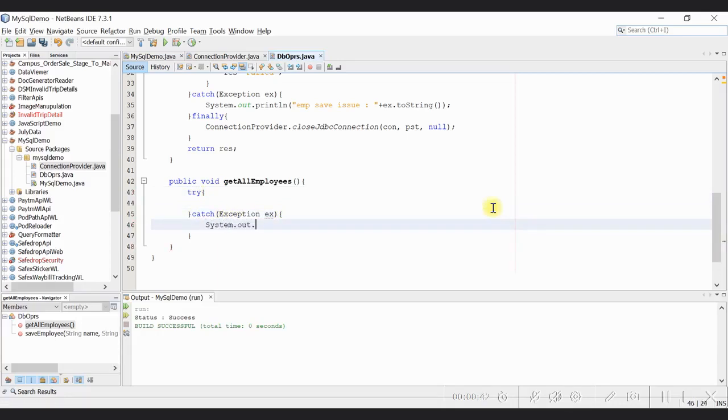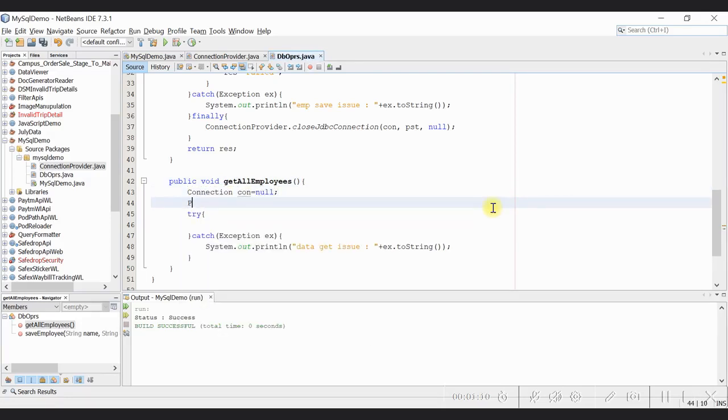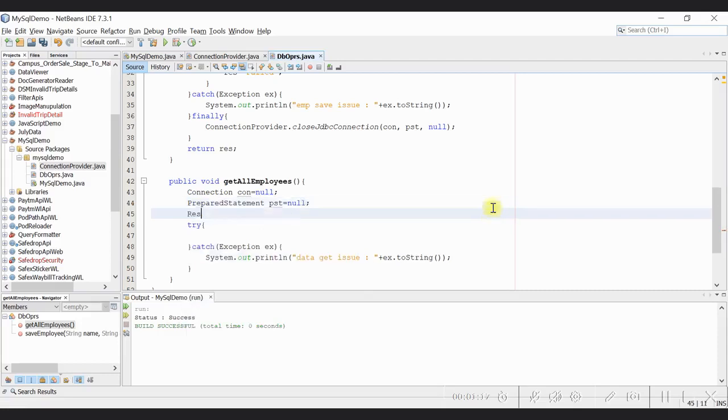Create a try catch block. I always use try catch block first before writing any code. So this is the best practice to get the exception or prevent your code from breakable condition. That's it. Now the first step is we have to create a variable of connection object. Now create a connection variable,